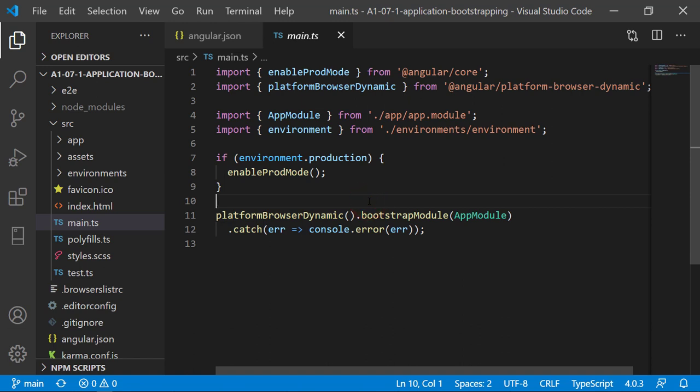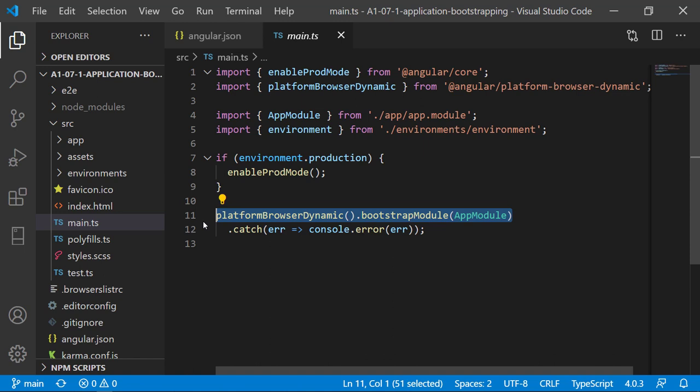Basically what happens is whenever you want to run Angular application, we need some platform. Right now the platform is browser. To create a platform, the dependent methods and properties exist inside platformBrowserDynamic method. So we call that method, and from that we call bootstrapModule function, and it asks for Angular module. Right now we have AppModule as our root module. This is the way the Angular application bootstraps.